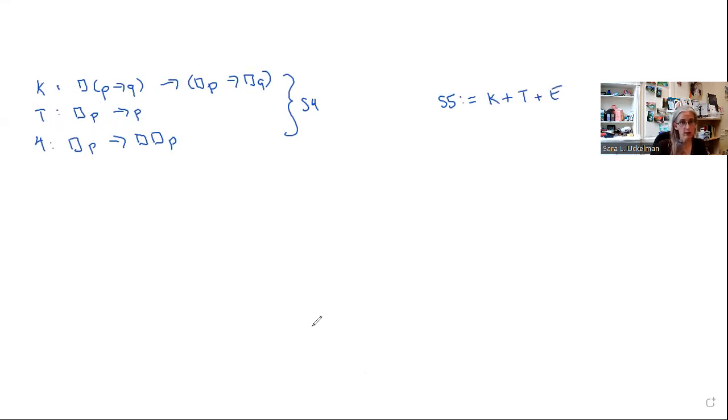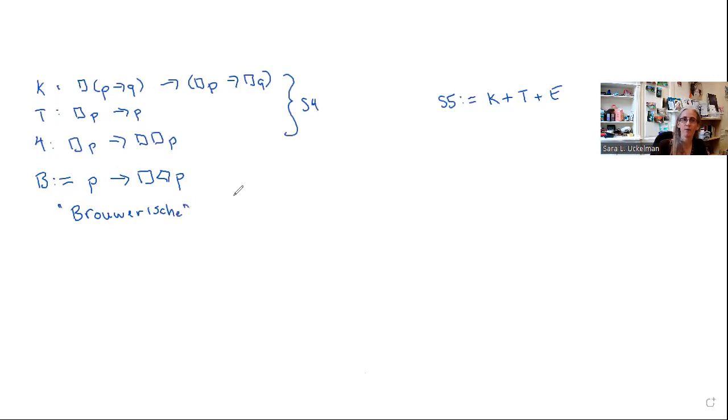However, alternatively, we could take all of these axioms of S4 along with another one. This one is called B. I'll tell you why in just a moment. But it is the axiom that says that if P is true, then it is necessarily possible. So it's called B because it is the